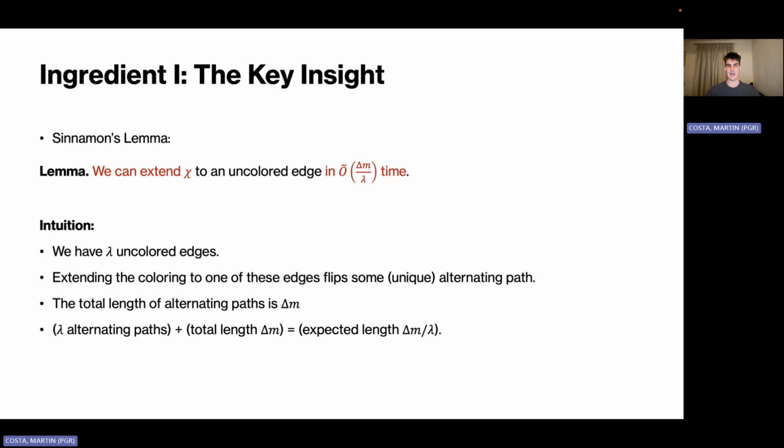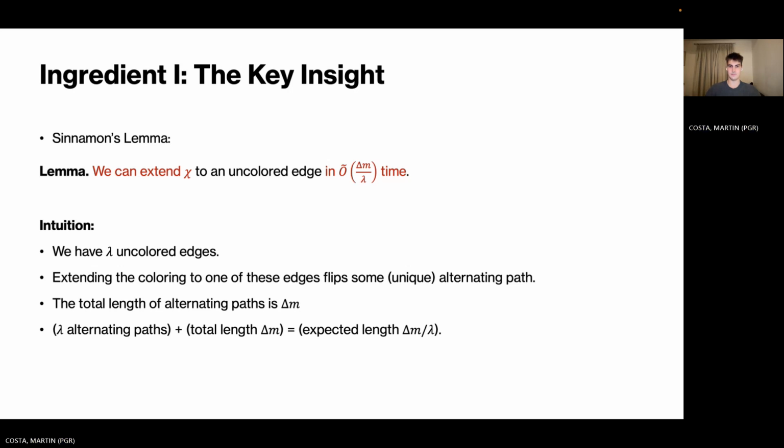So the idea here is that we have lambda alternating paths that correspond, kind of in bijection, to these lambda uncolored edges that we want to extend the coloring to. And we have that the total length of all alternating paths, including these lambda alternating paths, is delta m. So then if we just sample one of these uncolored edges uniformly at random and extend the coloring to this edge by flipping this alternating path, then the expected length of this alternating path should be at most delta m